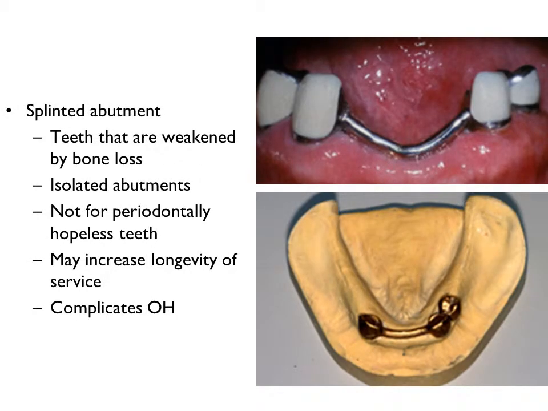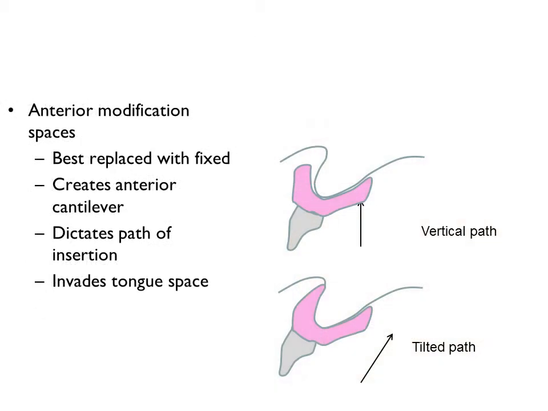Splinting effectively creates a multiple-rooted tooth with a better prognosis and lifespan, provided that patient oral hygiene can be accomplished. Splinting is not used to support a tooth with an otherwise hopeless prognosis. Anterior modification spaces are best restored with fixed restorations. Anterior modifications will often dictate the path of insertion, invade the tongue space, and create an unstable cantilever that causes